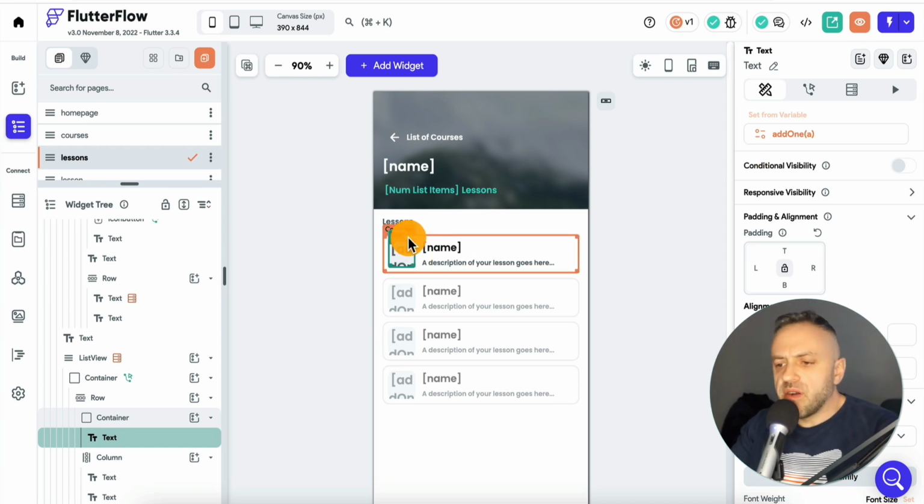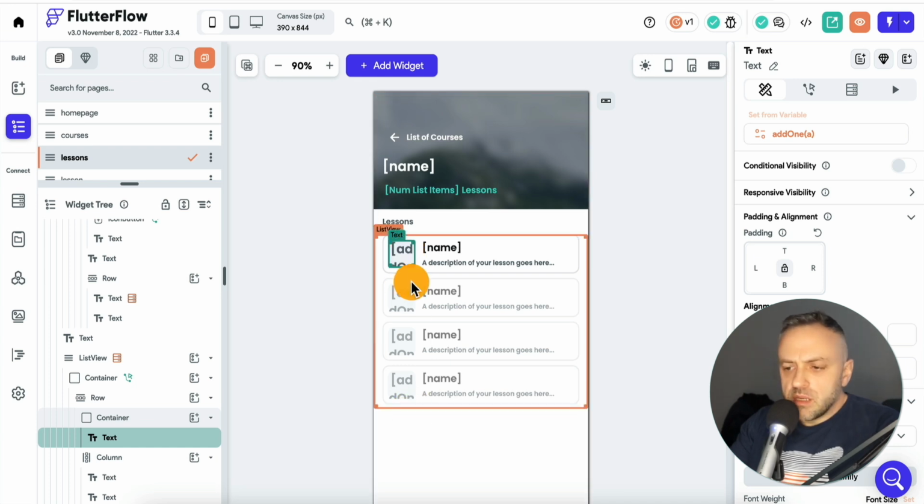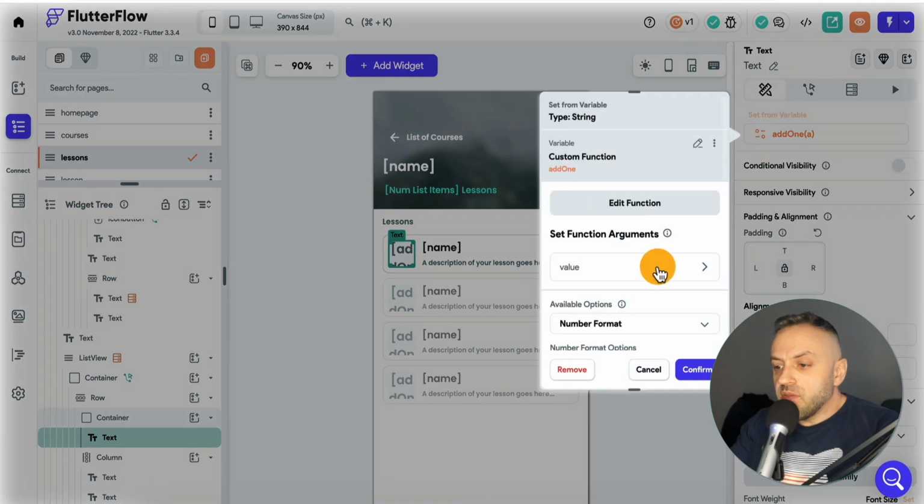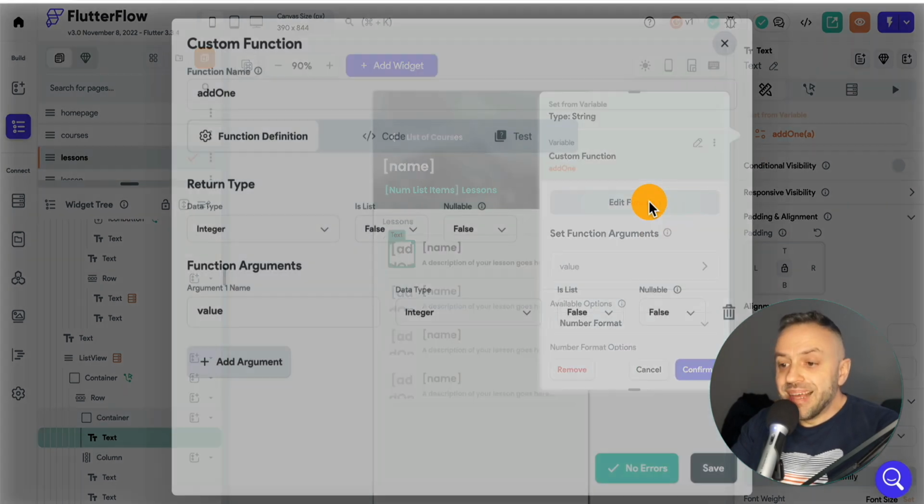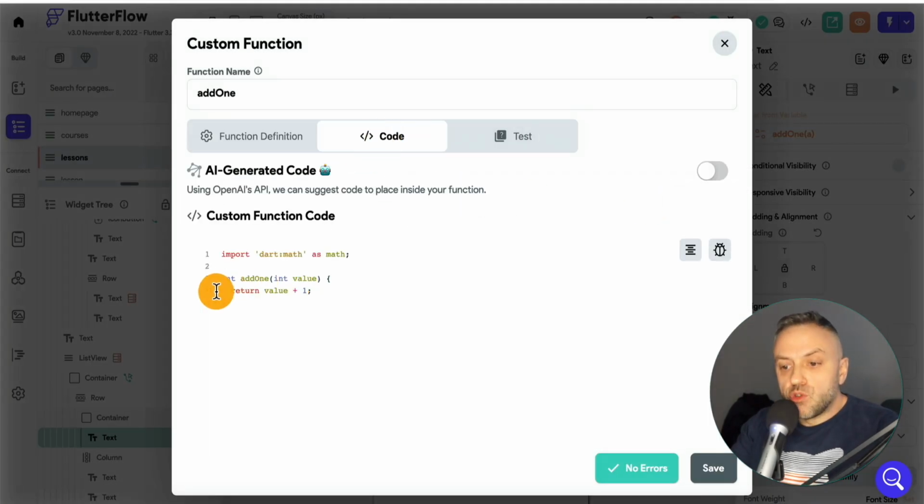It would look very, very strange if you have an app and you are expecting a list, like a list of 1 to 10 or something, and it starts from 0. So instead of 1 to 10, you would have 0 to 9. And in this case, we have a custom function that adds 1 to our values, those individual values. And as a result, we have the right counting from 1 to 10.